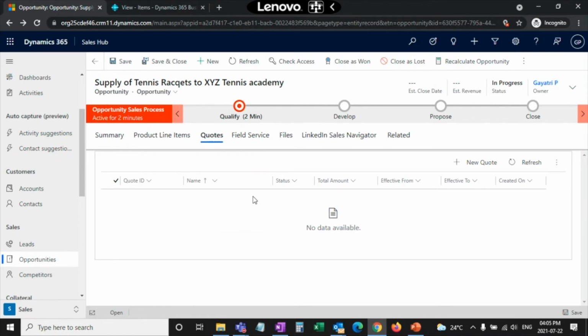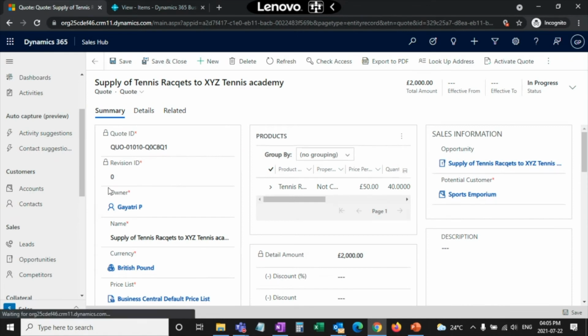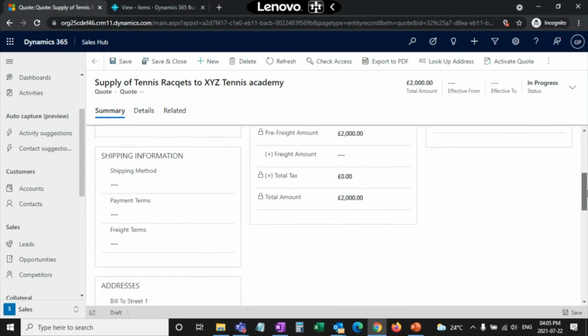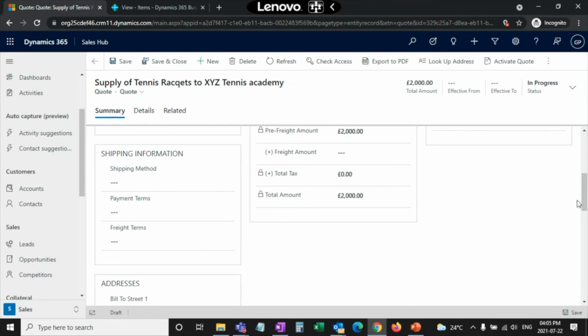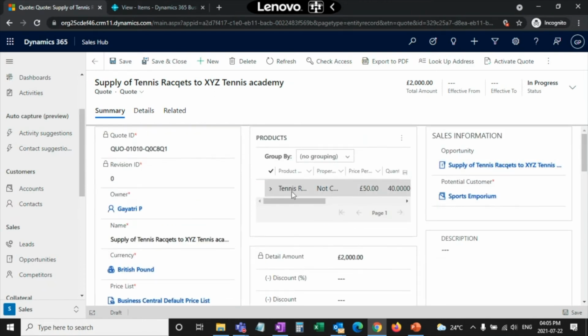So in this opportunity record itself, I will be creating a new quote. Here you can see that all the necessary information like the name of that opportunity, the price list, the potential customer, and all the pricing information, as well as the product details for which this quote has been generated, has been automatically captured in this quote.